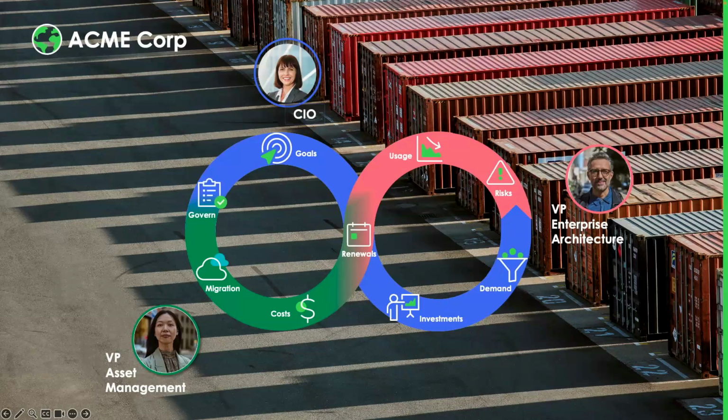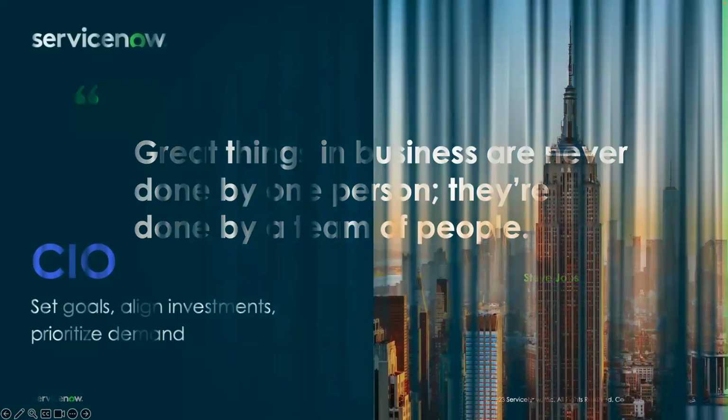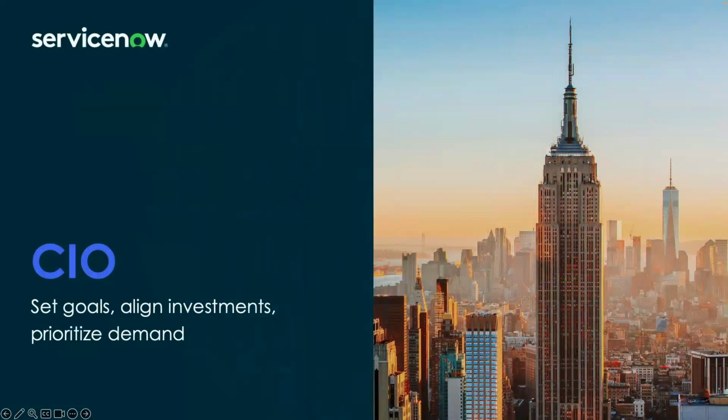And throughout this story, ServiceNow enables governance around planning, alignment, and execution to ensure that this ongoing process includes the continuous success for the Acme team. And as Steve Jobs knew, great things are accomplished by great teams, and they can achieve great outcomes even faster and better when they're enabled with a great platform. So let's see how. So at their headquarters in New York, the office of the CIO and Acme's executive leadership